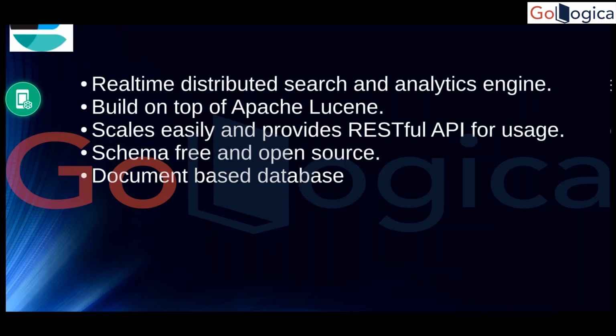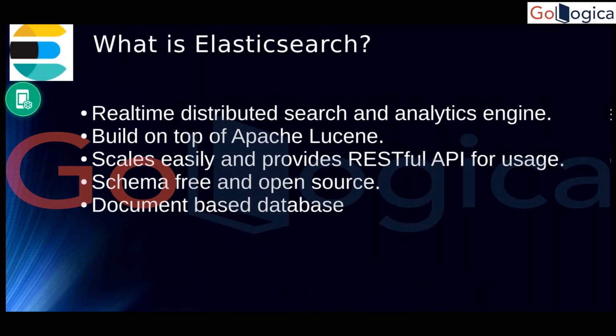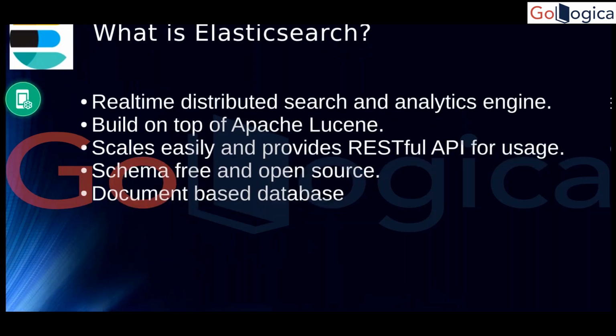If you search for Apache Lucene on the internet, you will be amazed to see that most of the features you see in Elasticsearch are already available in Apache Lucene. Then you might encounter a strange question: then what am I really doing with Elasticsearch? Most people will ask that. Okay, all these features are there, then what am I really trying to do with